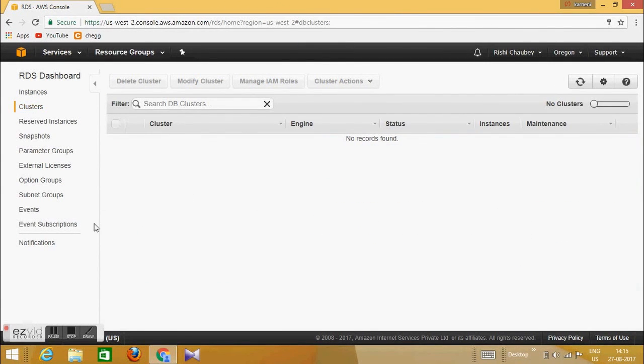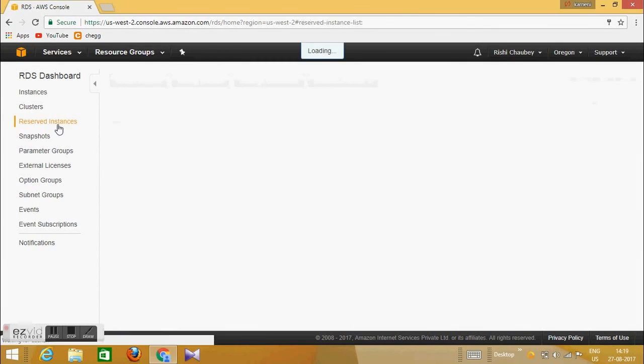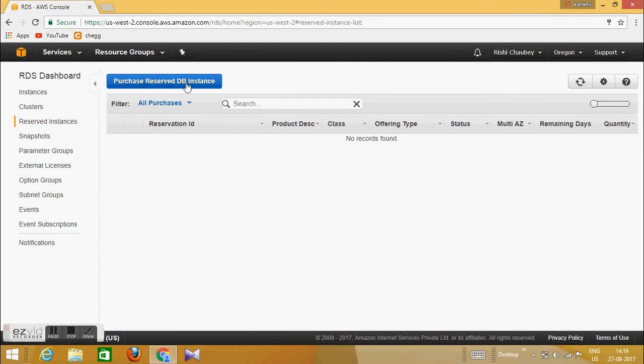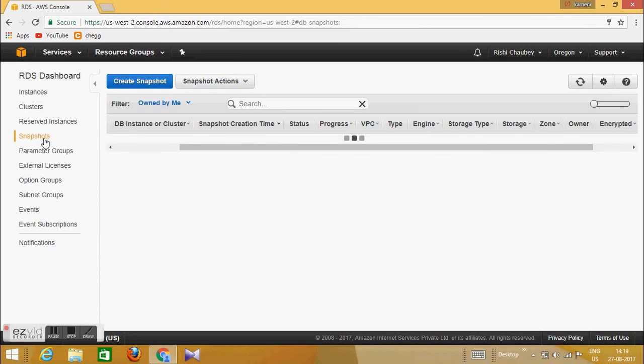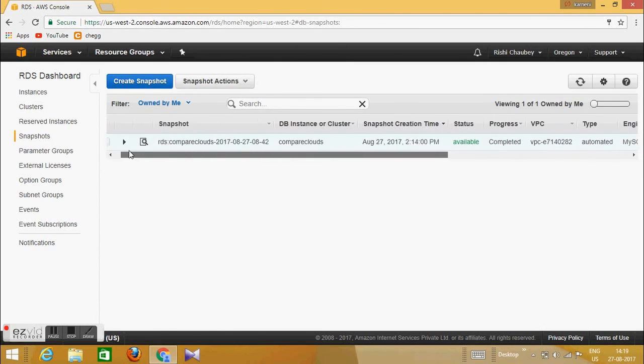Now, a DB cluster will have n number of resources. You can add various resources in the DB cluster, and with the help of that cluster you can avail services of these resources. Then we have reserved DB instances. You can purchase instances, you can reserve them for your future use.